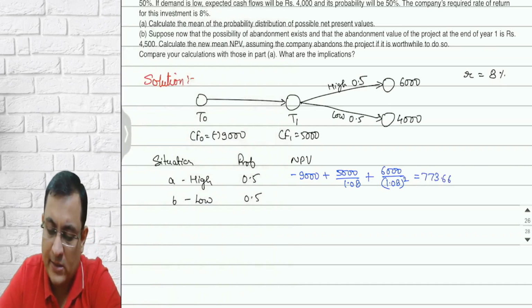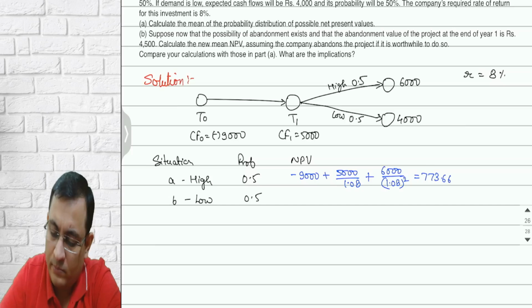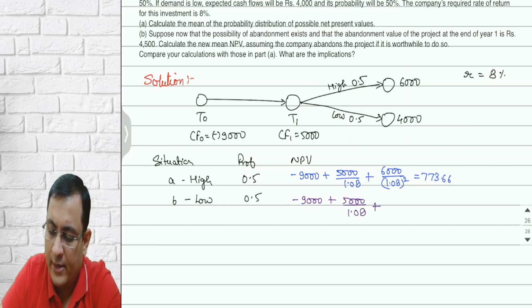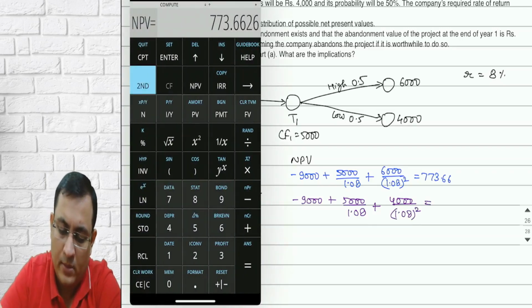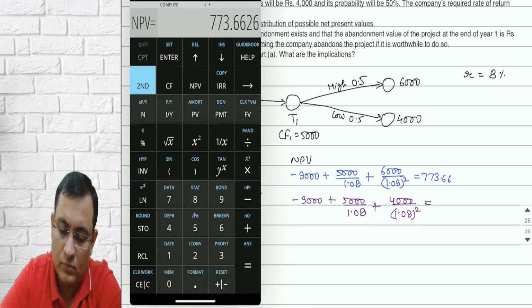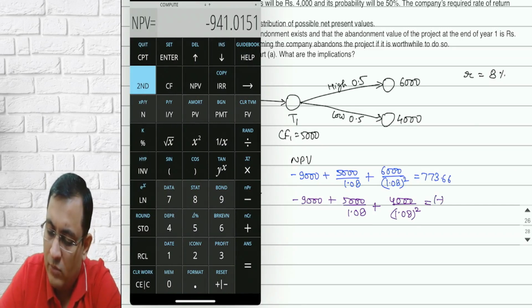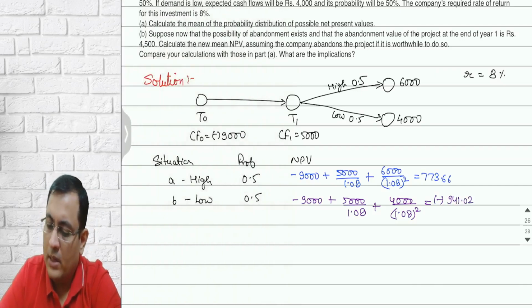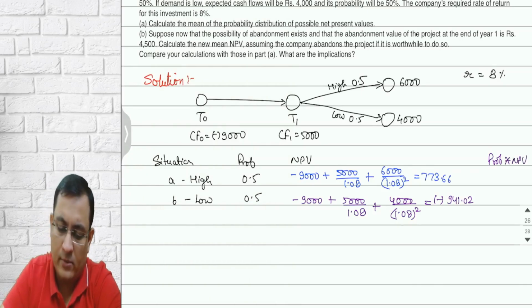In the second case, the NPV will be negative 9,000 plus 5,000 over 1.08 plus 4,000 over 1.08 squared. So in this case, NPV will be negative 941.02. Multiplying this by the probability, we get